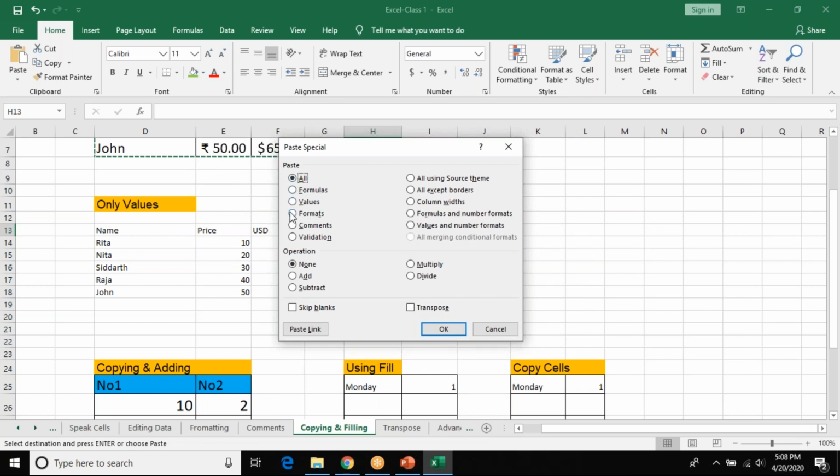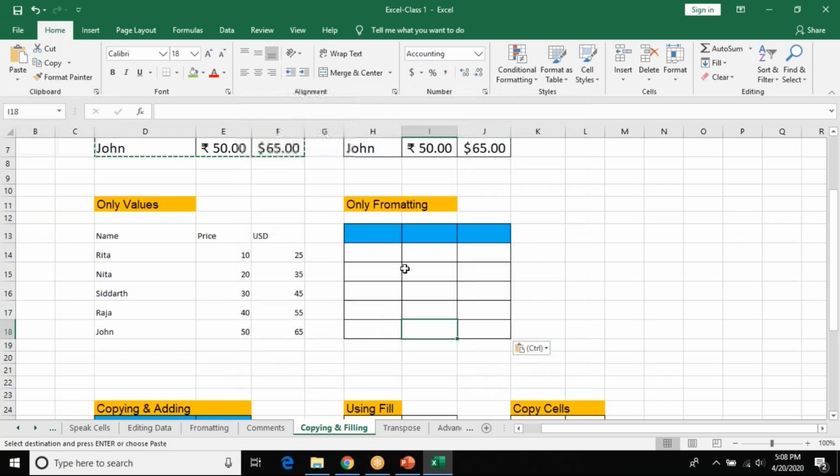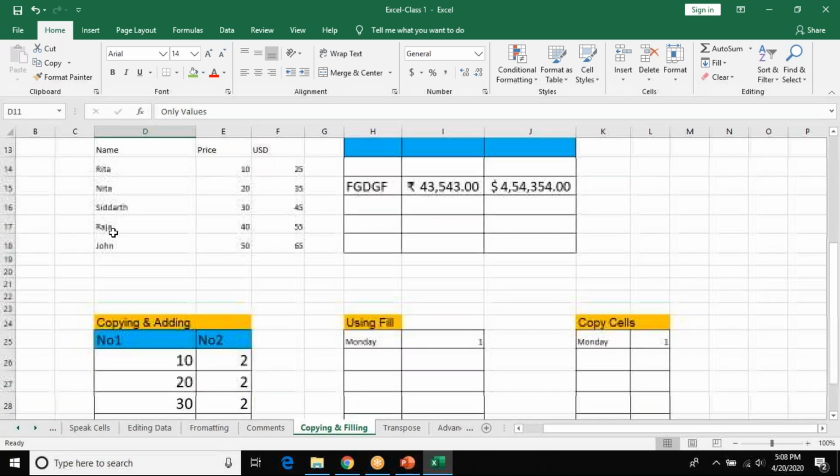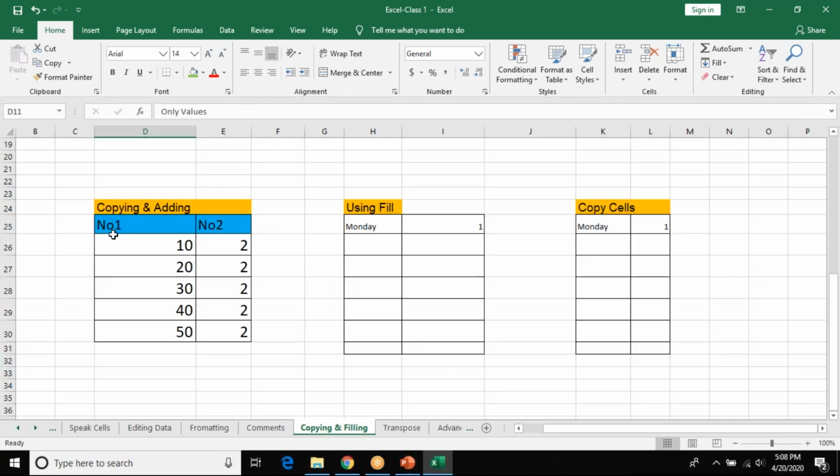So I don't want values. You have this option called Formats. See? Now I can enter whatever data I want, but the format will remain the same. That is why it's called only formatting. I hope you will start doing this at home.